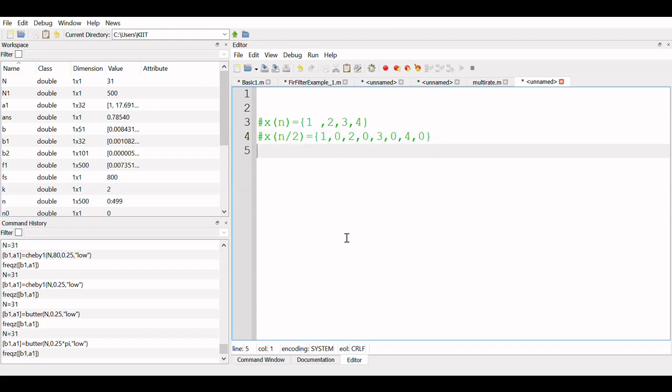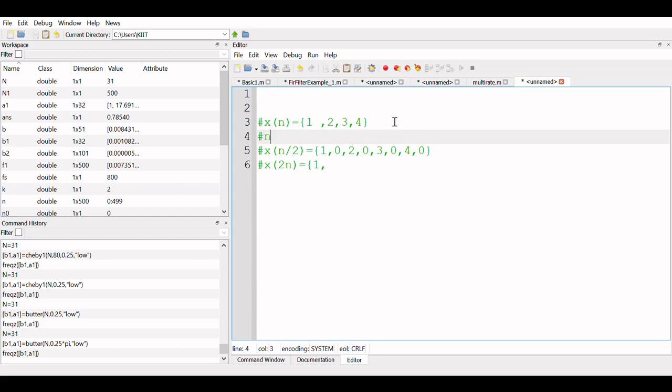Now if you do downsampling, that means you have to multiply the time index itself by some integer factor. You know that it is going to decrease the number of samples, so it will only take certain samples. As 2 is multiplied, it is going to take only those samples whose index is divisible by 2. So the first sample, index 0, is divisible by 2, so I will take 1. Let me write, the time index n is 0 1 2 3. So x of 0 is 1, x of 1 is 2, x of 2 is 3,